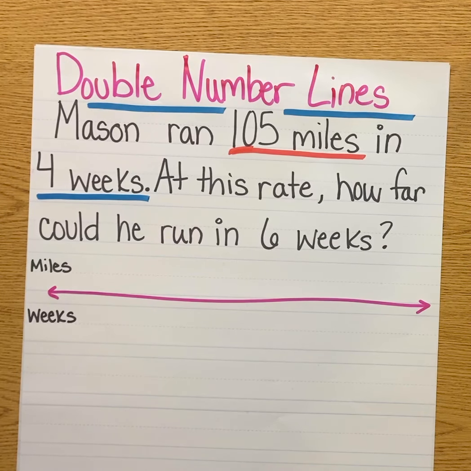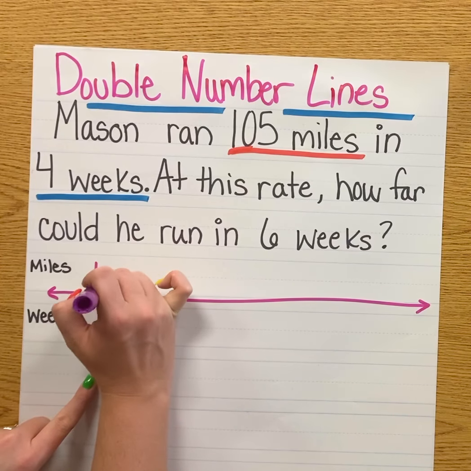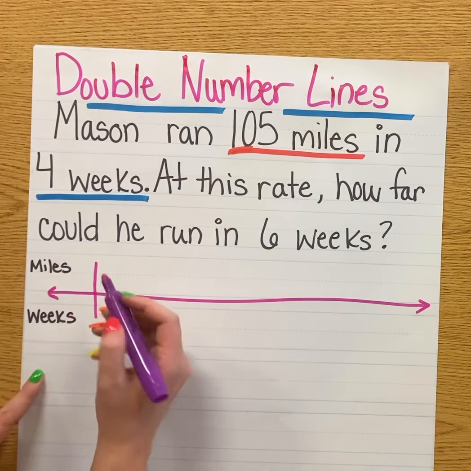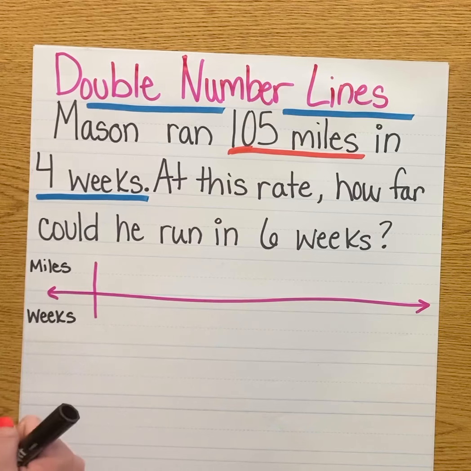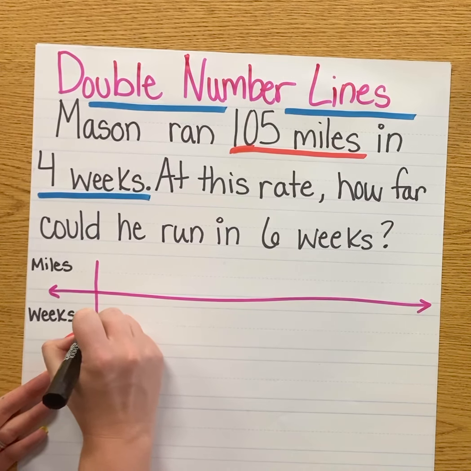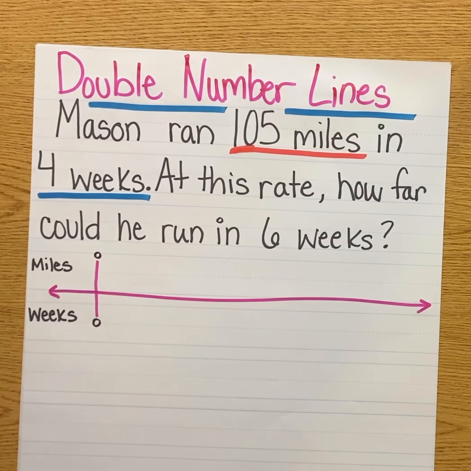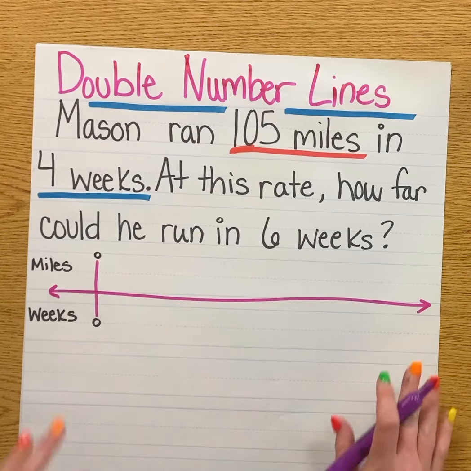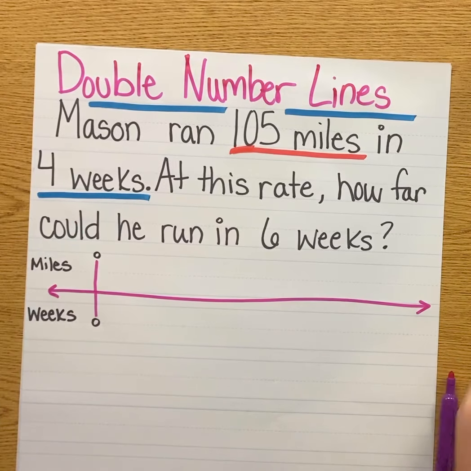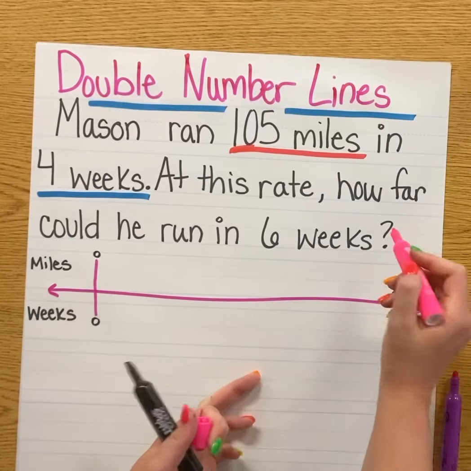Okay, so I know at 0 weeks, he has gone 0 miles. Before it has even started, he has done nothing. And I know we're going to deal with 4 weeks and then 6 weeks. So we need to know how far he could run